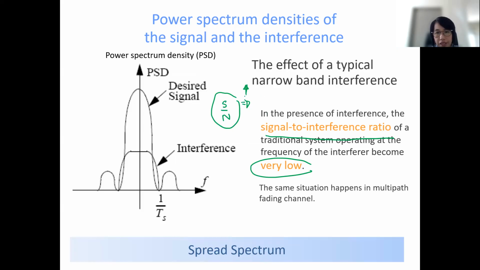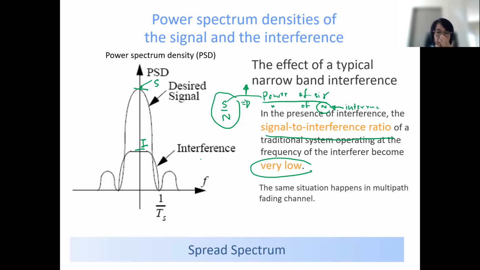If SNR is high, it means that the power of the signal, S, is large compared to the power of the noise, and here, noise in this term is the interference, I. So if the S to I ratio is low, it means that the system has low quality,